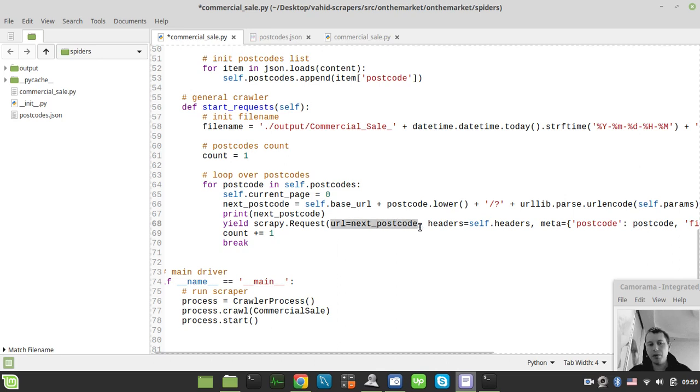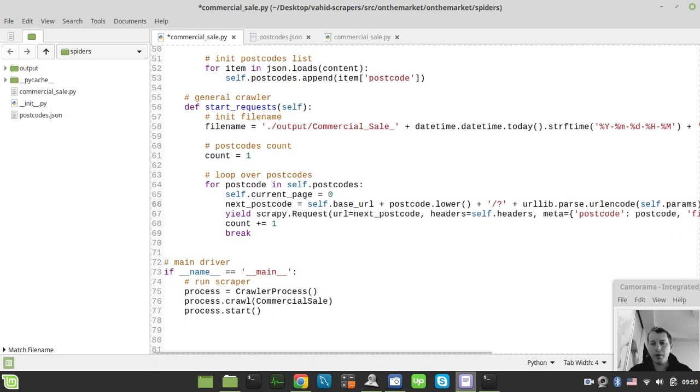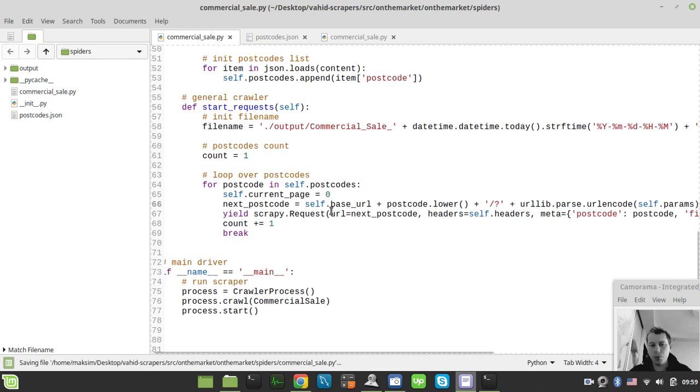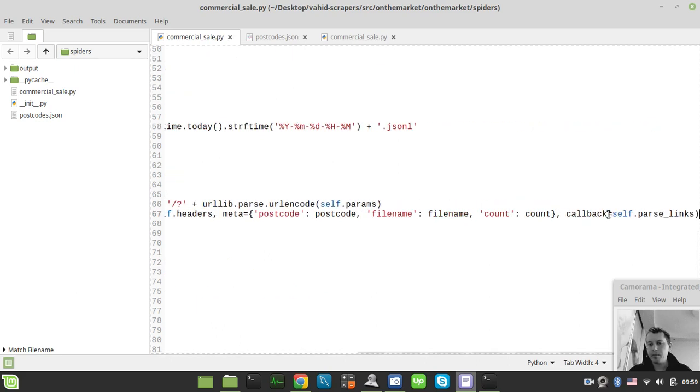So we're specifying the URL. It would be equal to the next postcode, the exact one. We don't need to print this anymore. The exact one that was formulated using the base URL plus postcode lower plus encoded URL string parameters, and also here we'll